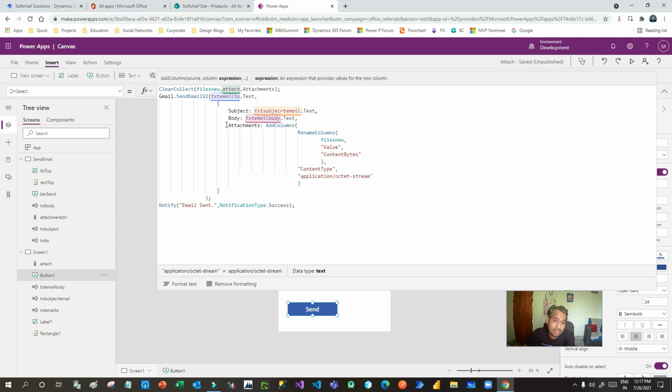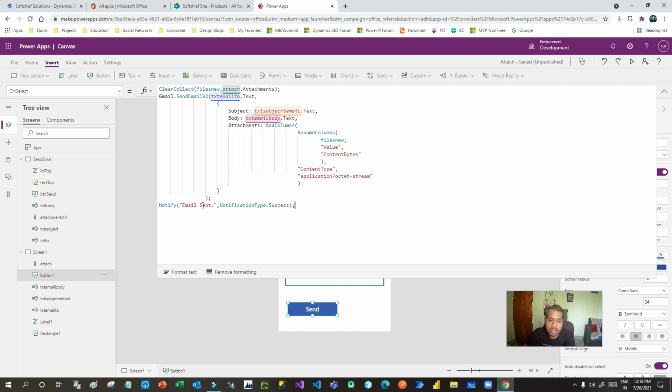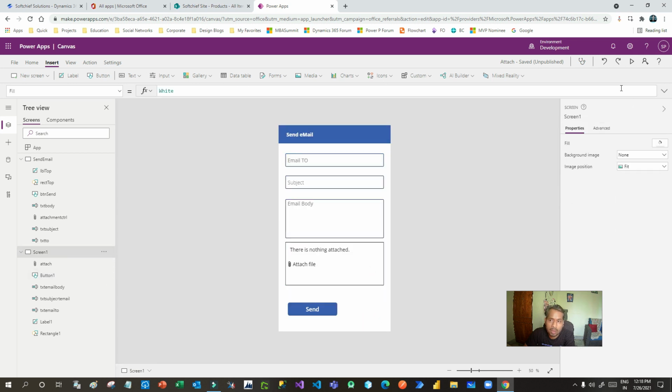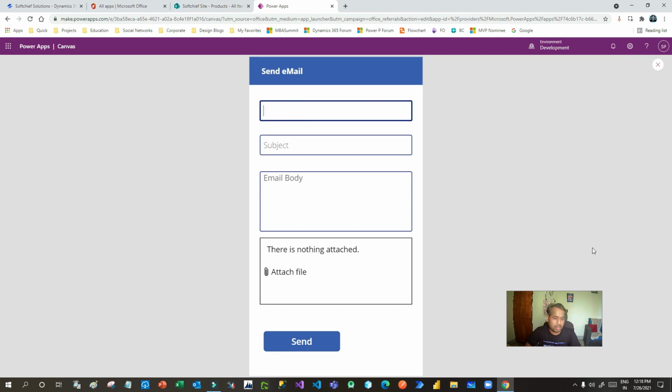Now once this is done, the next thing is I am notifying, to display whether the email is sent or not, with the notify method, right? So this is important. Now let us check once it is done. Now I can run it and test this.